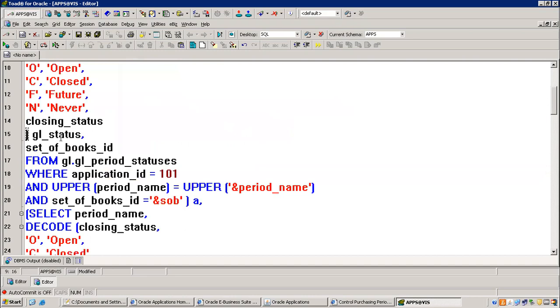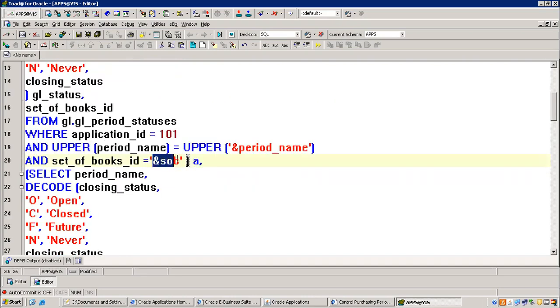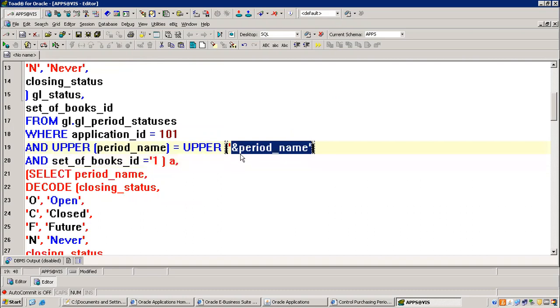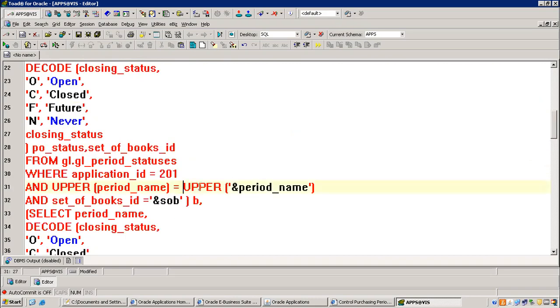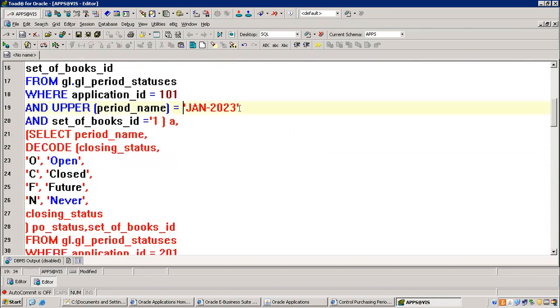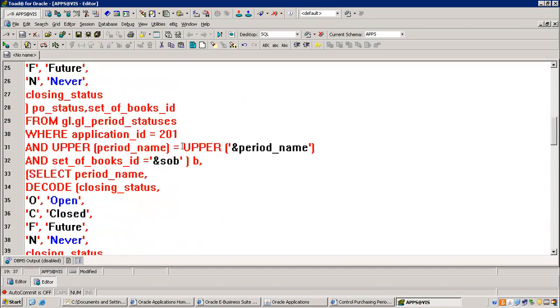And then from GL we can check application ID 101. Set of books ID everywhere for Vision Operations is 1. And your period name like month and year, that we have to give. That is January 2023. And here also the same, we will give. Correct.